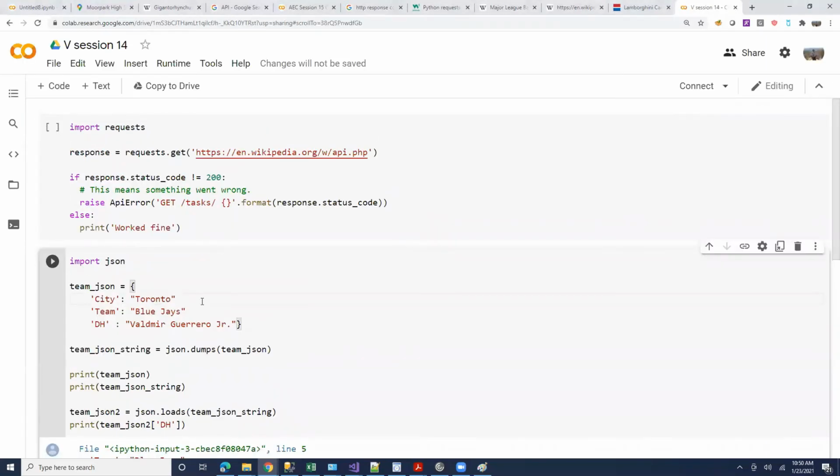Same problem, Vidyut. In a dictionary, when you are specifying different elements, you have to separate them by commas, right? After each key value pair, you're supposed to put a comma. First key value pair, second key value pair, and so on.